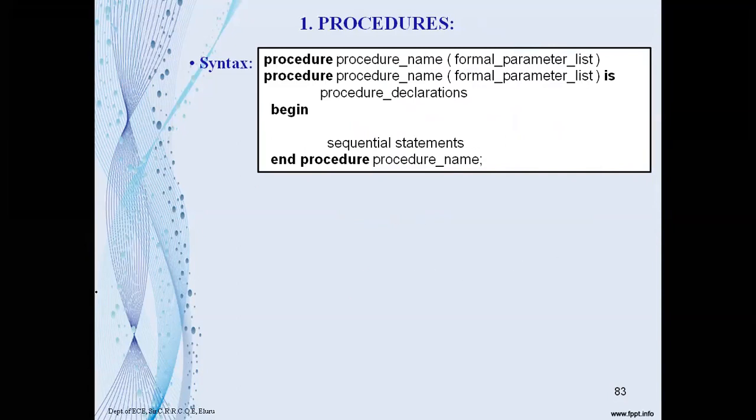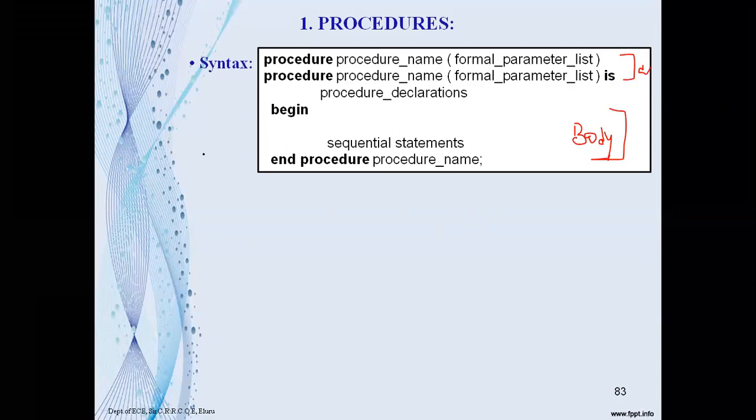This is called declaration part. And this is called procedure body. So this is called the procedure body, and this is called the declaration part of the procedure.